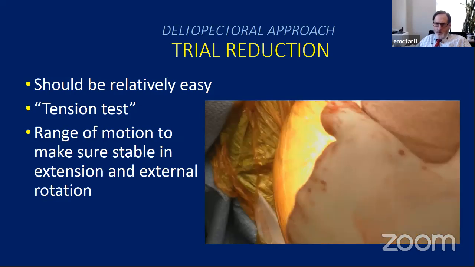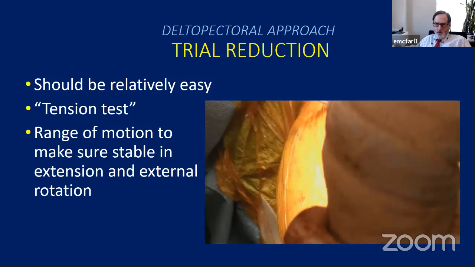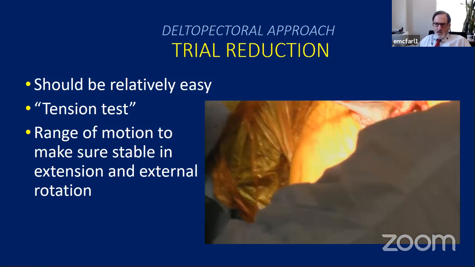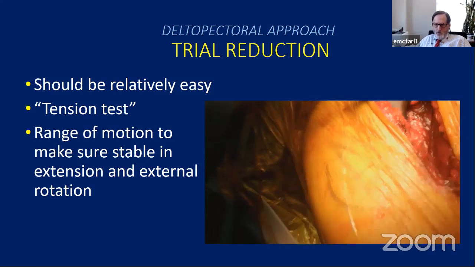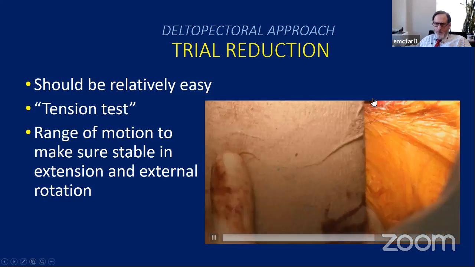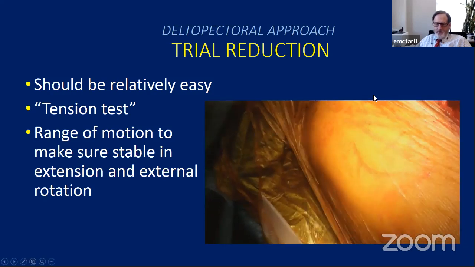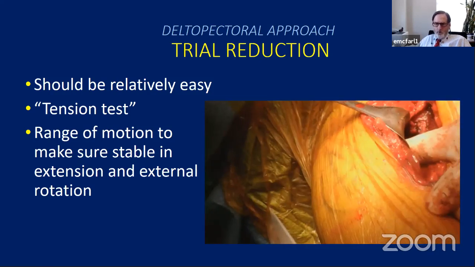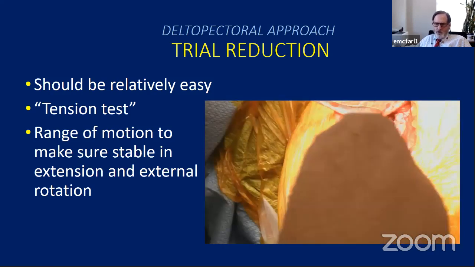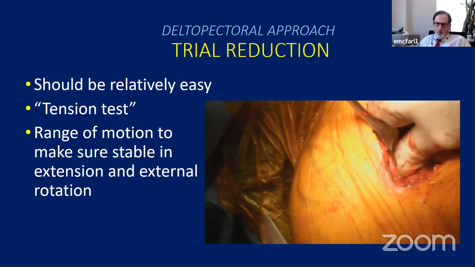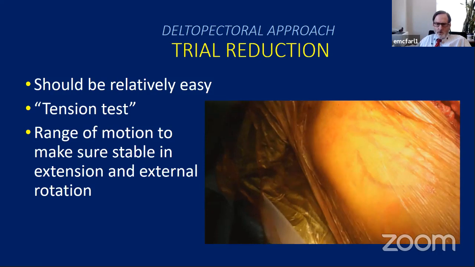You want to put it through a range of motion and make sure that it doesn't gap open or sublux. You want to do a little tug test or tension test, just like you do in a total hip. Stick your fingers in there and just sort of pull on it. You should probably have just about a millimeter or so of laxity. If you can pull on it and dislocate it with your finger, it's too loose. So again, where these dislocate is with the arm in abduction and external rotation. So put the arm in that position and make sure that it doesn't pop out.